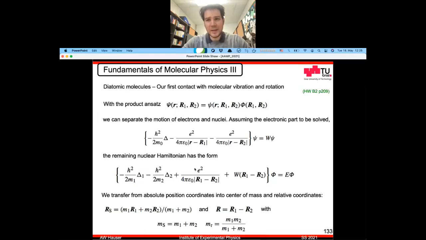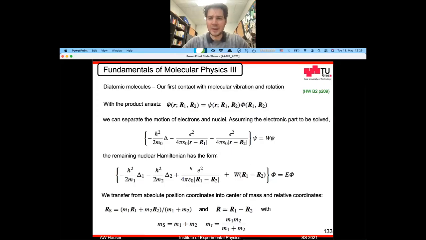Then I have the Coulomb interaction between the two nuclei, and our potential term, our potential energy surface, which is due to the fact that we have these electrons in a certain density distribution around our nuclei, and this energy of these electrons, or their contribution to the total energy, is dependent on the actual nuclear geometry. So this is our W of R1 minus R2,